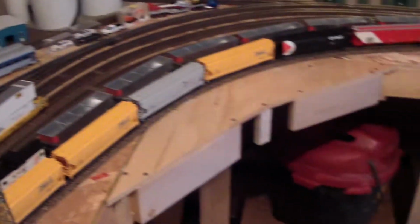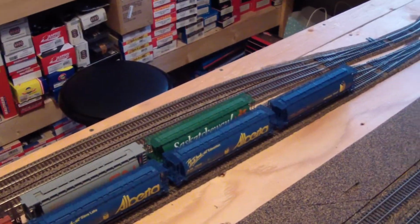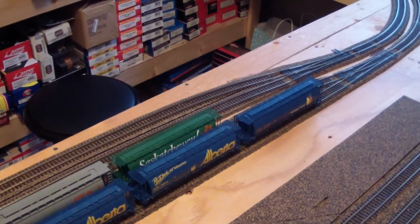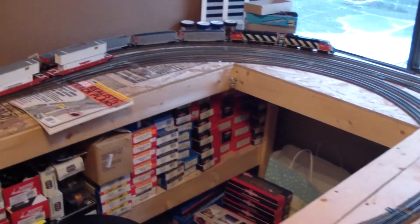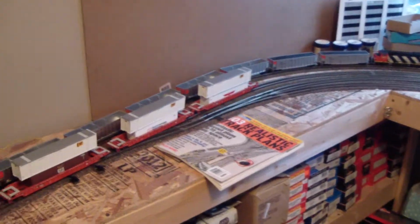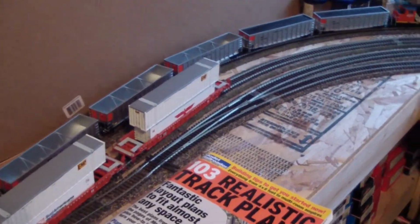Onto the layout update. In the previous video I had talked about adding on to our grain facility tracks, and we've achieved that. We put in a Peco number 7 right hand switch. Just while we're here,